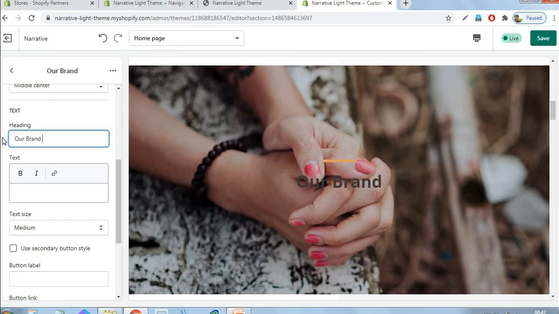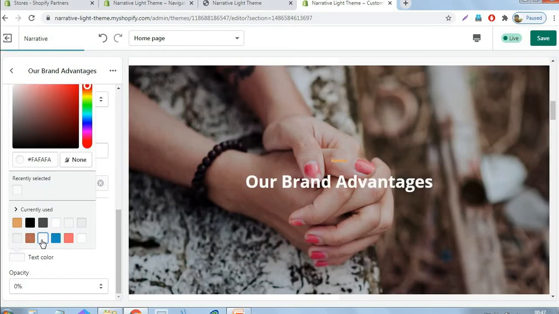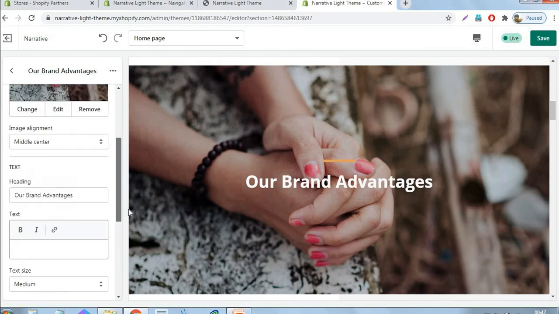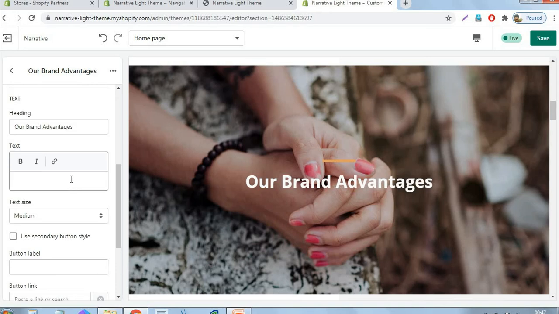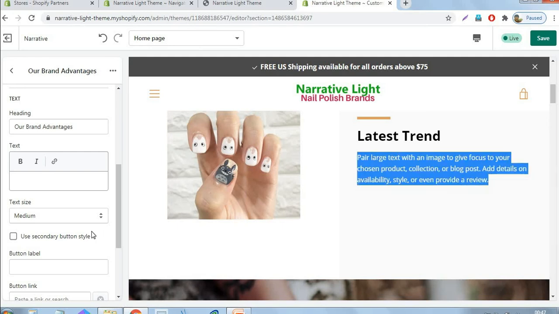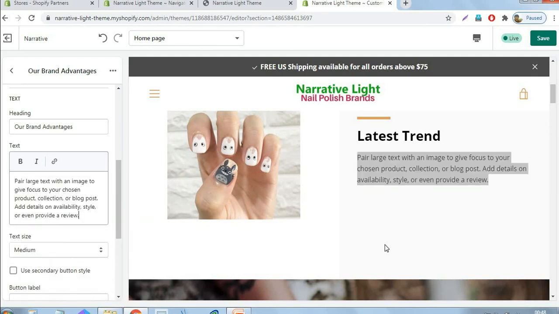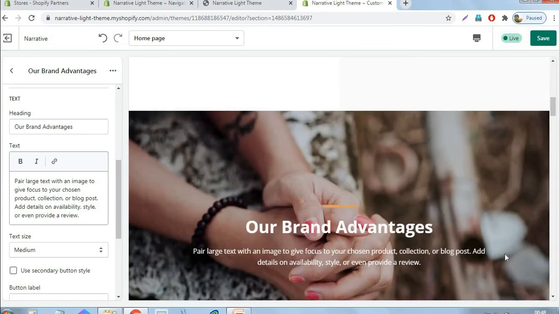Our brand advantages. Just make the text color brighter. Then you can give any text here. I just copy about sample text and paste it here. Okay, yeah, that. Then just click the save button.